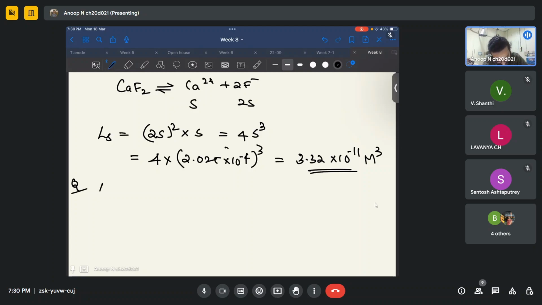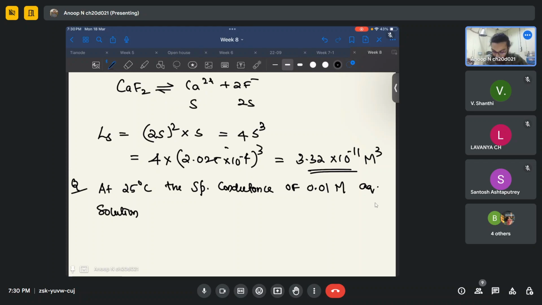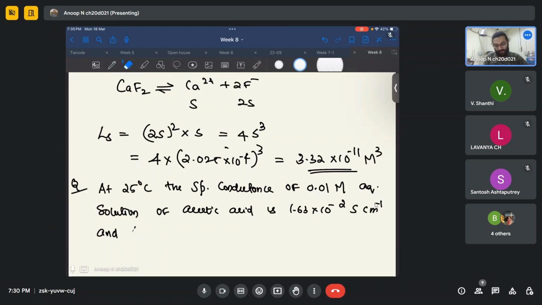So the next question: at 25 degrees Celsius, the specific conductance of a 0.01 molar aqueous solution of acetic acid is 1.63 into 10 raised to minus 2 Siemens centimeter raised to minus 1, and the molar